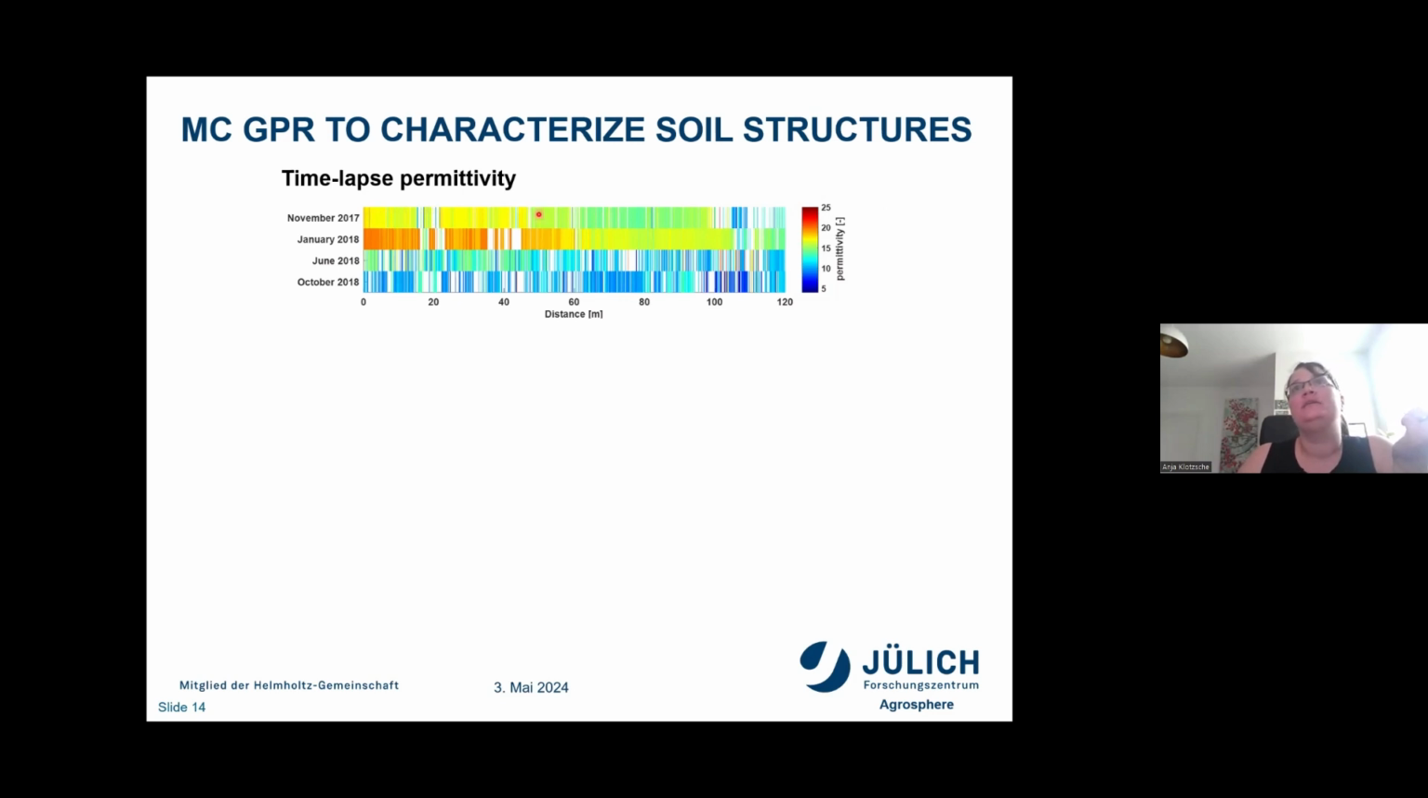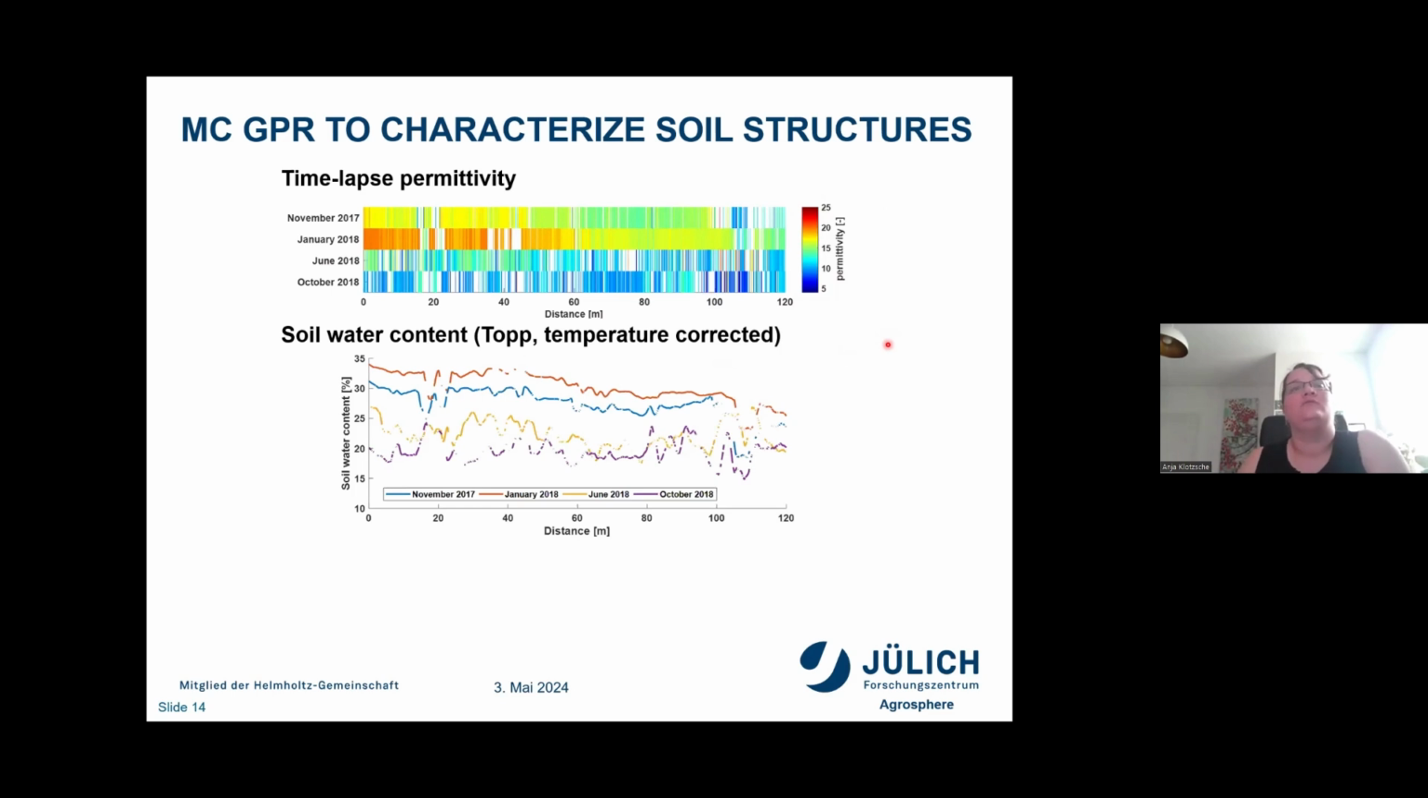And you see here that in November, we have kind of intermediate results. In January, it gets way wetter, especially in the lower part, where we also have the higher porosities. And then again in January and October, we have a bit lower values. And when we then also look here at the transformed soil water content after Topp's equation, which is an empirical relation, and the data is temperature corrected too, we can nicely now have the water content along the profile